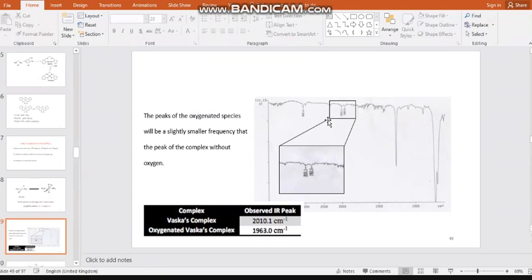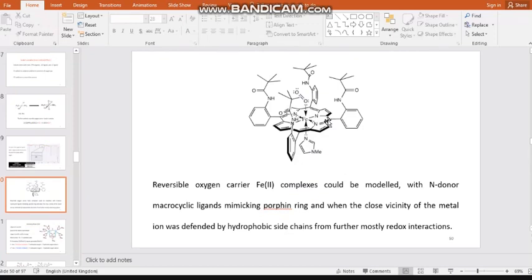This kind of porphyrin-based macromolecules is also employed. So, what is the role of these tertiary butyl groups? They will provide the hydrophobic environment, and the amide groups which are present provide the hydrogen bonding interaction with your bound O2. So this O2 cannot undergo any further reaction with the nearby heme units, and the dimer formation is also prevented in